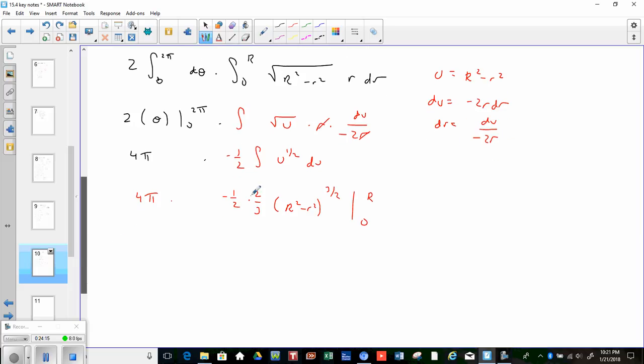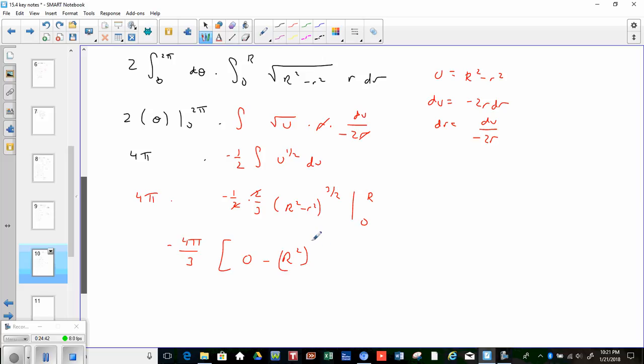So this is going to go away there. So you can see that we're going to have a 4 pi over 3 here. It's going to be negative for now. And that's all these constants combined. And then we're going to go ahead and evaluate. So if I plug capital R in for little r, it means I'm going to get a capital R squared minus r squared. Well, that's 0. And if I plug 0 in, it means I'm going to get a capital R squared